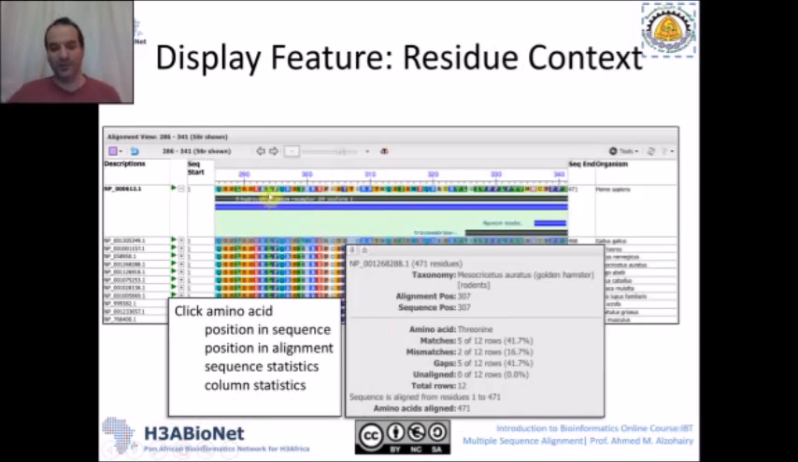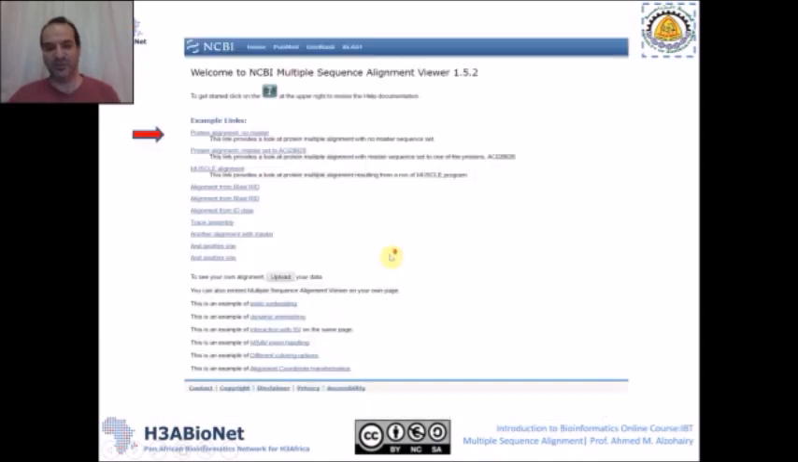Also, if you just put the mouse over any residue, you can see a lot of information about this residue, like alignment position, the sequence position, and sequence statistics, column statistics. All this information you can get from this alignment viewer, so it can help you to interpret your data. The alignment could be produced by NCBI, as we said, using BLAST, using COBALT,